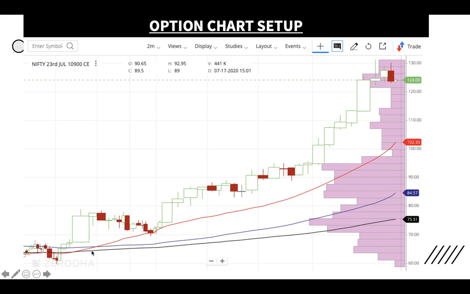And VWAP: when the price goes below VWAP, it's a signal that it is a fake signal, and you can come out immediately. Your loss cannot be more than 10 points. So that's the way you can protect your capital. Don't wait thinking, okay, I got a signal, I'm expecting the move will come, because the power of 2 is also there. You're taking the trade based on power of 2 only, not independently. Don't buy a call or put just because of some reason. Anything you buy here, buy only based on the power of 2 strategy.